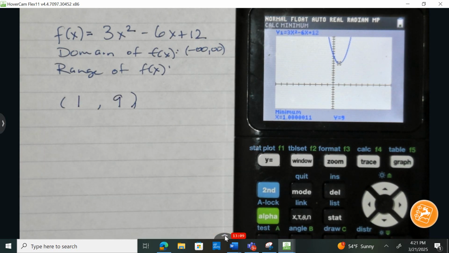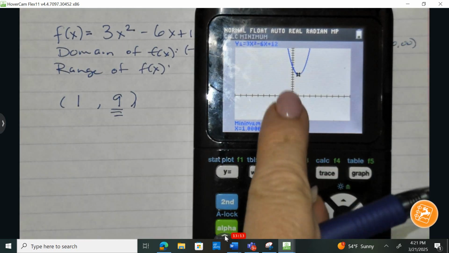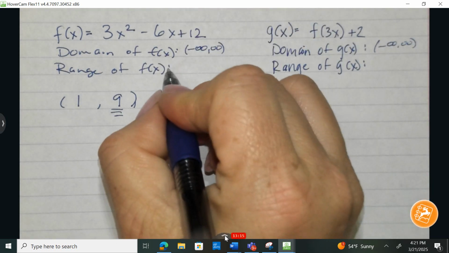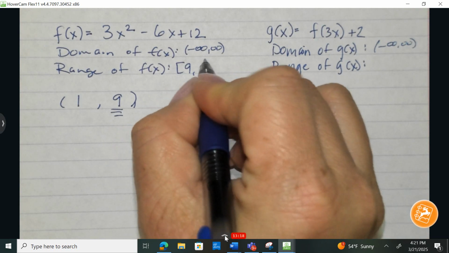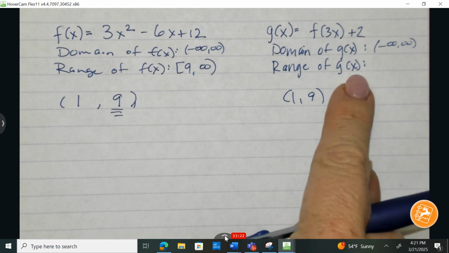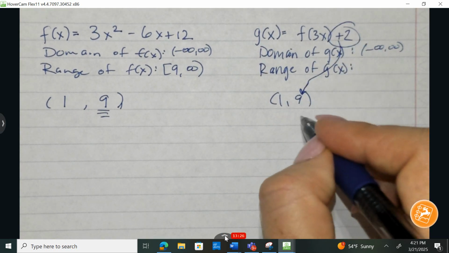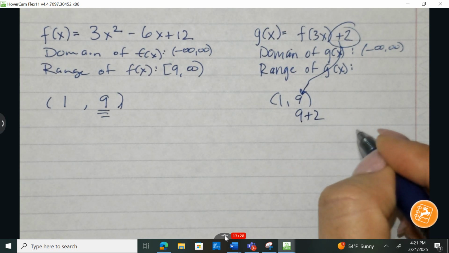So (1, 9) is going to be the ordered pair, and it's the y value that's going to help me here. We can see we have a minimum point of 9. We include that, so we're including 9, and there's no limit how high it goes. How can I use (1, 9) to come up with the range of the transformed function? We can see that we are going to vertically raise this up by 2,